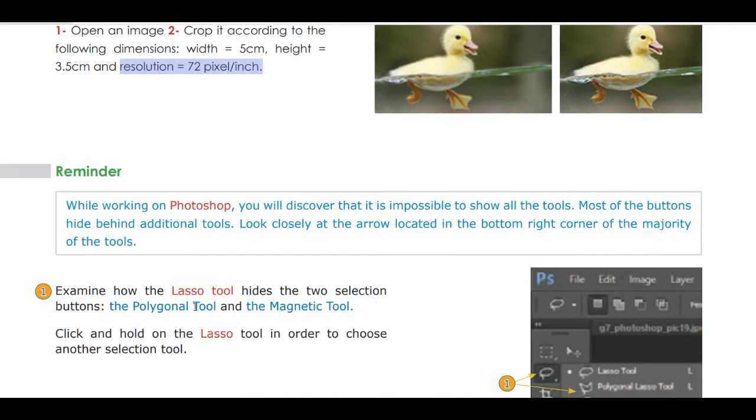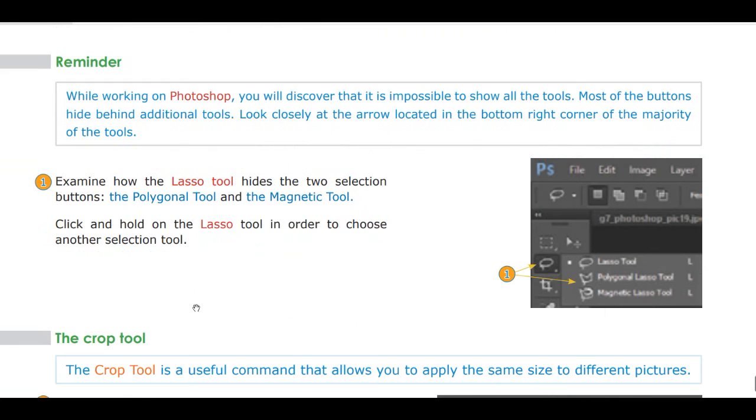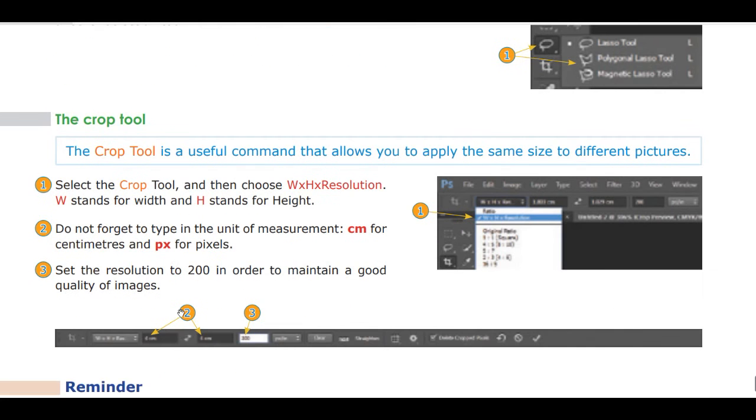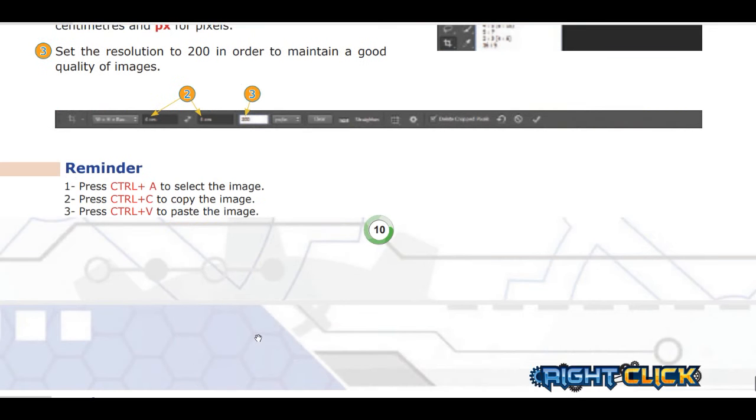You have to explain or remind your students about the traditional tools for selection, and once you finish this reminder by asking questions, for what do I use the lasso tool, the polygonal lasso tool, the magnetic lasso tool, you go through the crop tool. And once you go to the crop tool as shown in your book, you have to set the dimensions and the resolution, and after that